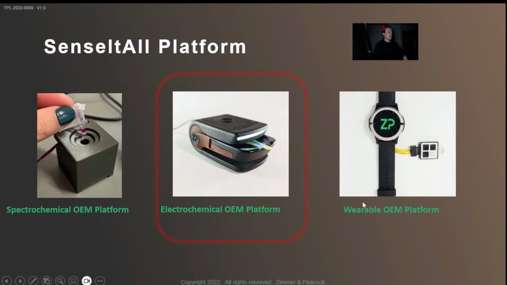The two things I will talk about today really are what I call our electrochemical platform, though we do have a spectrochemical platform as well, and our wearables platform, which is also electrochemical. The one in the middle talks about what I call point of need testing. Sometimes it's called point of care diagnostics if it's specifically in the medical field, and sometimes people call it spot testing: I have a sample, I put it on the sensor, I get a result. The one to the right, the watch format, is more for wearables.